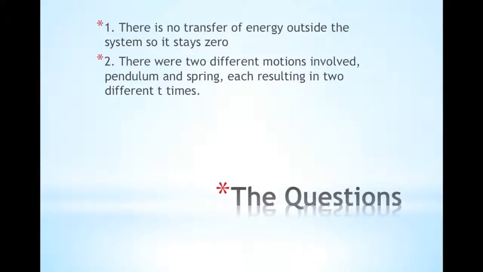The change in energy, or delta E, is the sum of the change in the kinetic energy, the change in the spring potential energy, and the change in the gravitational potential energy. Because there are no interactions with the system that transfer energy to and from the surroundings, delta E should equal 0. All of the energies of the system were plotted on the graph and cancel out to be 0, which satisfies the energy principle. For the second question, I had to make 2 separate estimates of the oscillation periods, one